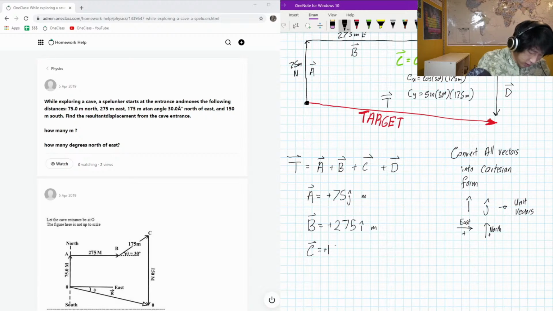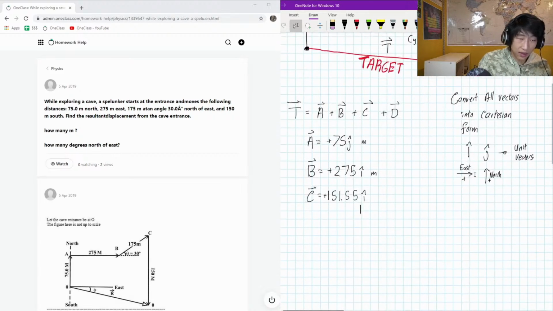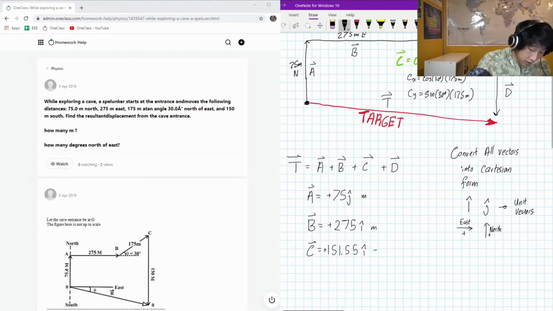So positive 151.55 in the I direction, and in the J direction it's also going to be positive, and it's going to be sine 30 times 175. So 175 times sine 30, that is 87.5. That is positive,